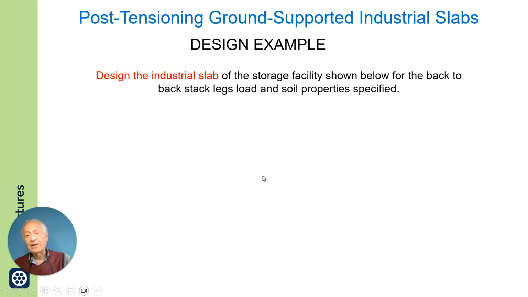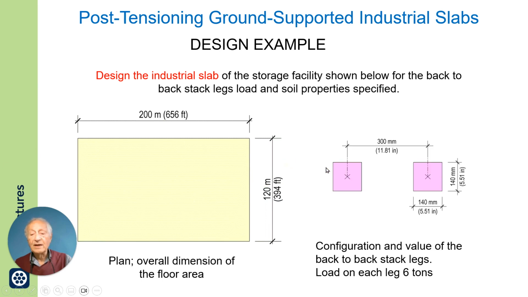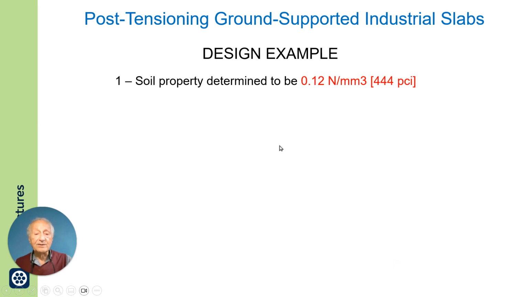Now let us apply what we discussed in a design example. It will illustrate the points we went through. It says, design the industrial slab for the storage facility shown below. This is the dimension, and this is the arrangement of the loads from forklift, the geometry, and the magnitude of the load. In this design example, soil properties given by